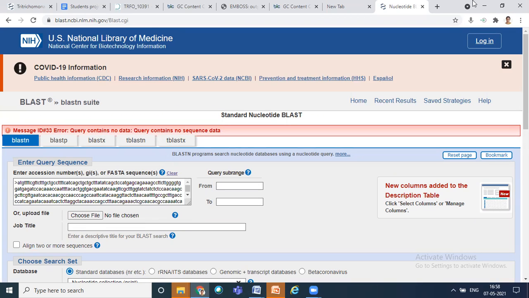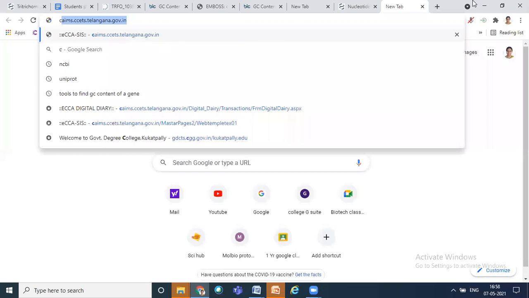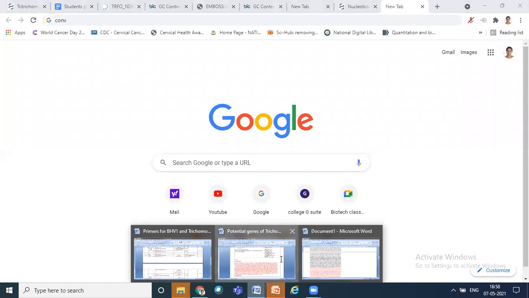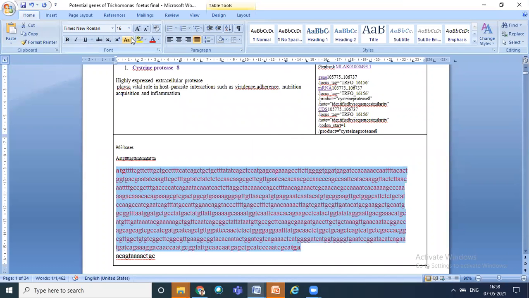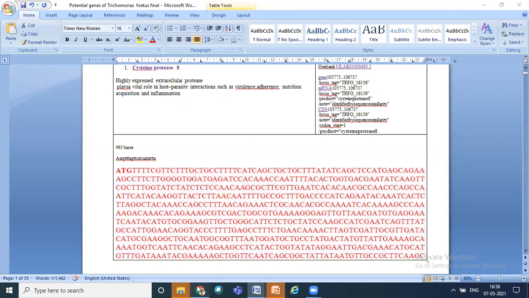I remember we have to give the capital letters. Let me check. I can do it here itself. All capitals. I think we have to submit uppercase because long back I have done it.